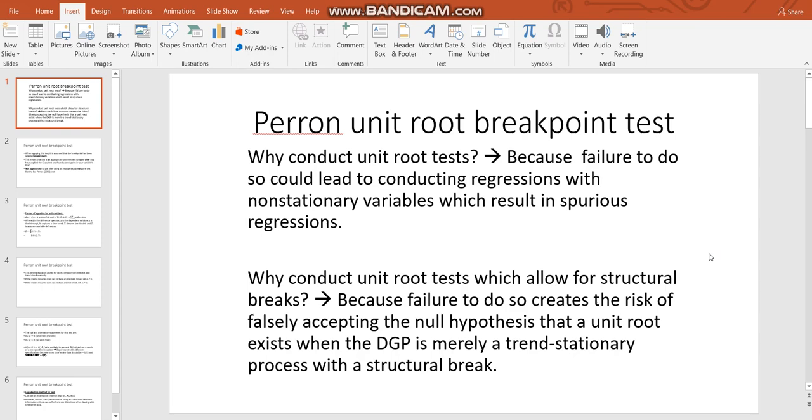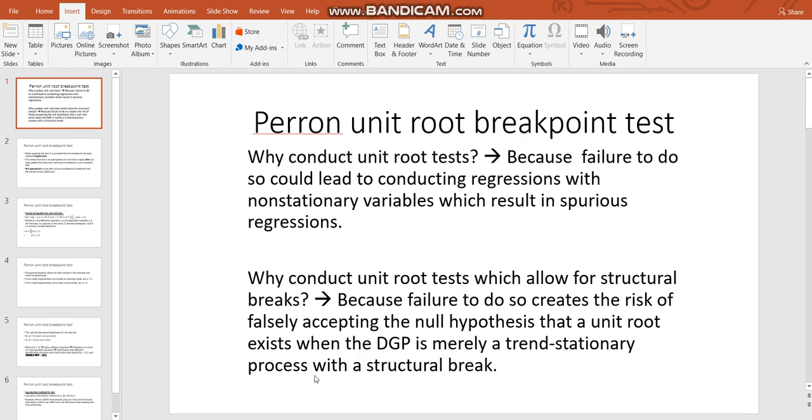In this particular video I'm going to be covering how to apply the Perron unit root breakpoint test in Eviews. Before I actually show you how to do it on Eviews, I'll probably spend the next 5 minutes giving a bit of background information which will help you understand why we apply the test and also when we apply the test. So just looking at these first two paragraphs that I've got here on this slide in front of me,